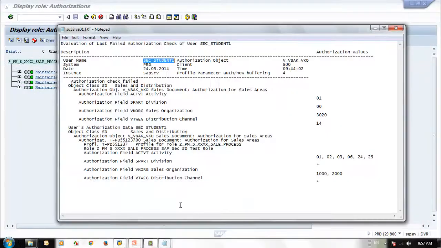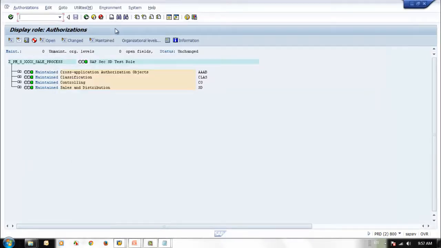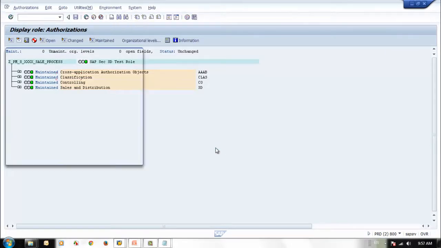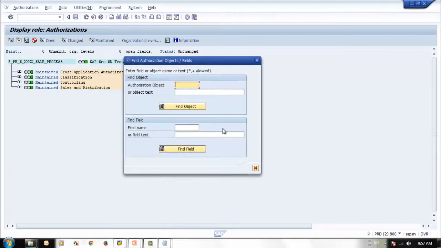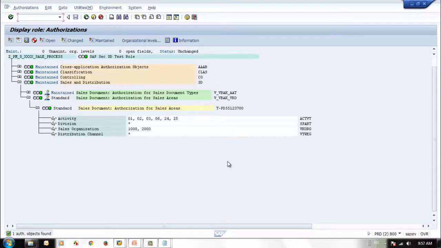Let me go to the same object. Copy. I will select the find button. Then I will paste the authorization object here and say find. Yeah, it is correct. So this user has only one role where they have the authorization for